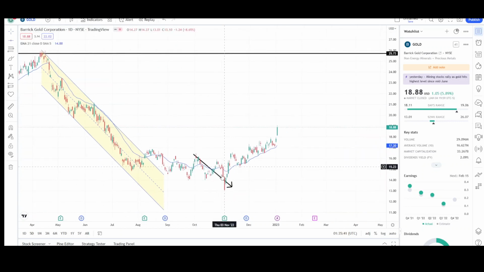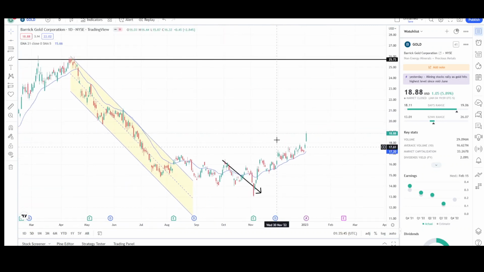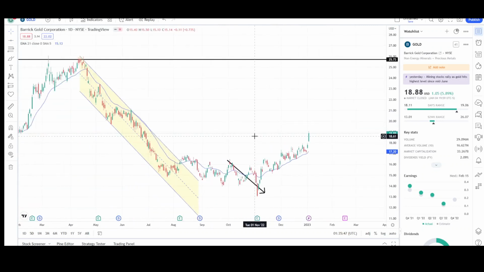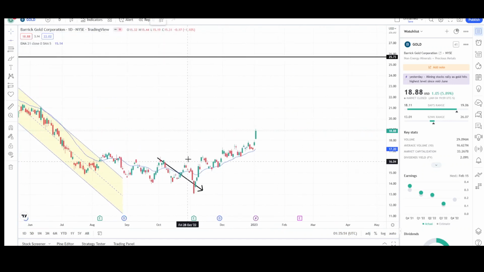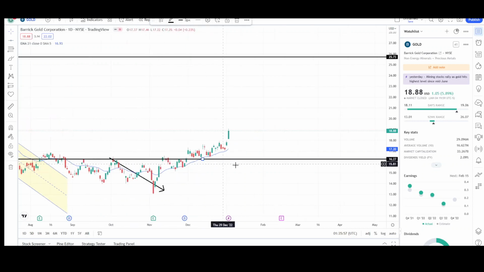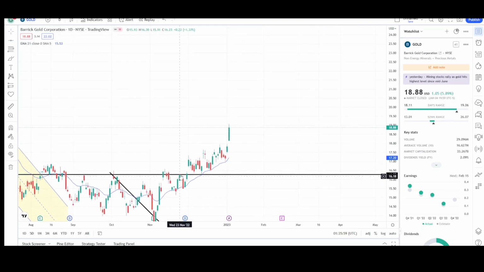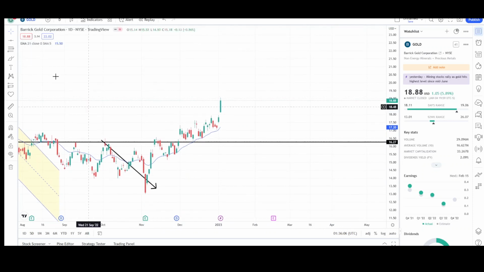So that's a good sign that the downtrend is pretty much played out, and we're in an uptrend formation right now. So I'm looking for higher prices, and I want to go over this also right here. This was a strong resistance level in the short term at the $16 level. Finally, prices broke through it, came back, tested it for support, and now prices are still continuing higher since early